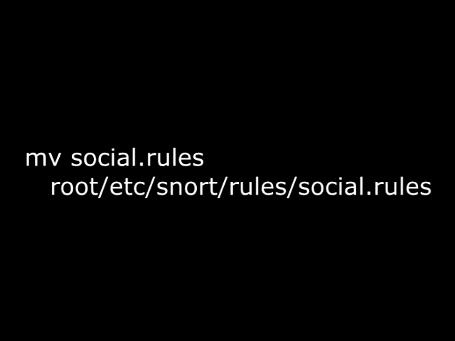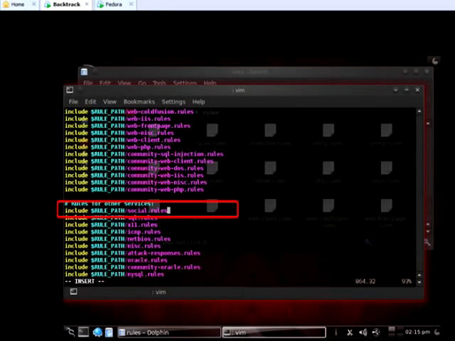You also have to go back into the SNORT config file. Again, we use the Vim editor, same as before: vim /etc/snort/snort.conf. To edit our SNORT config file, we scroll all the way down to the bottom where there's a list of includes